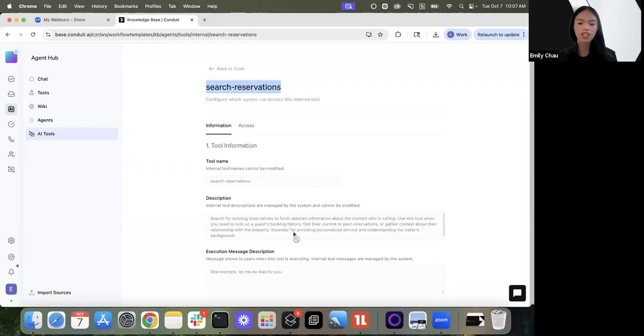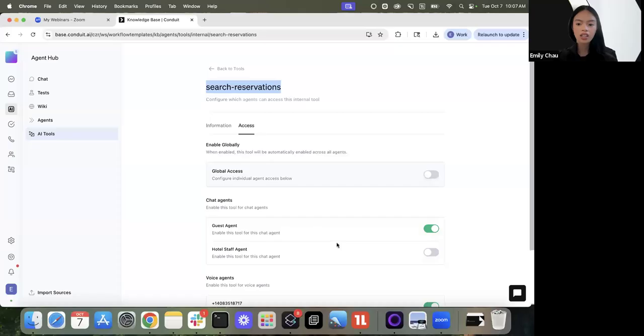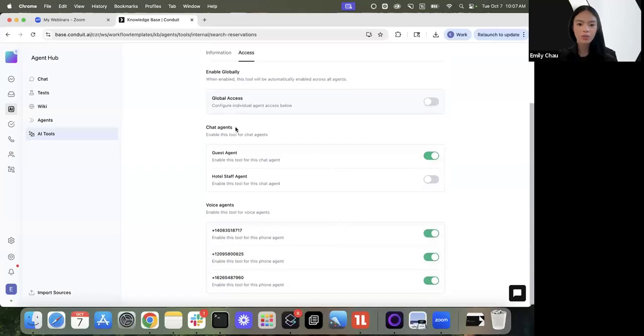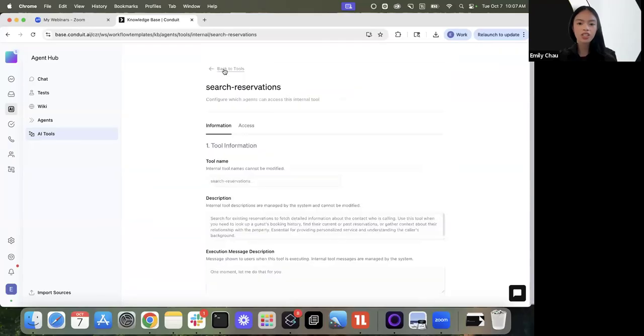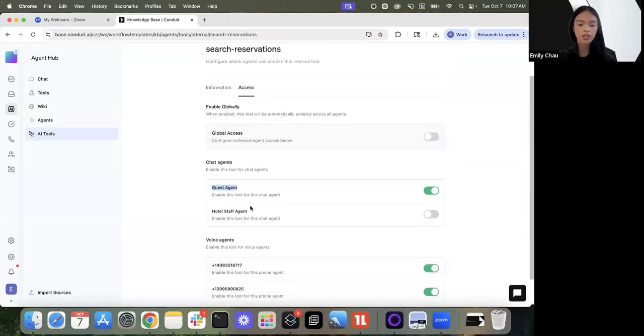And this is the listing they're staying in. And the AI is able to provide all this information to the guest. Again, you can see which agents have access, so which voice and chat agents. And one thing to note, especially for search reservations, since this is for the guest agent or the hotel staff agent,